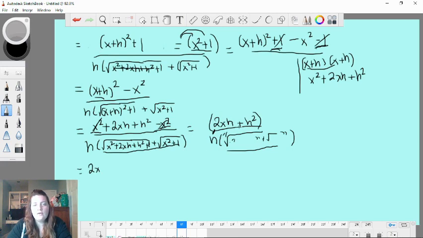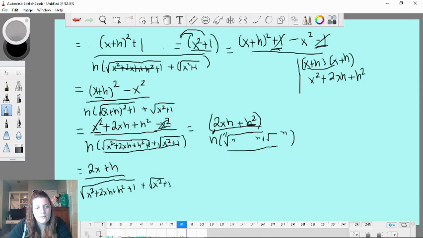H squared also has to be divided by h, so plus h squared divided by h would be plus h, all divided by this, so x squared plus 2xh. Okay, so still a little messy, but it's not going to be too bad, I promise,